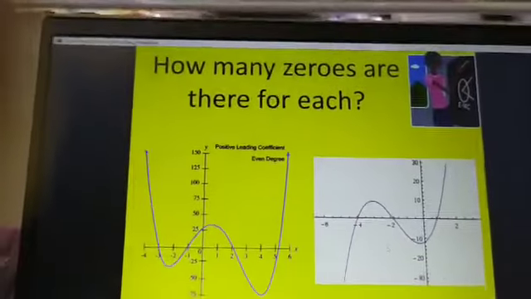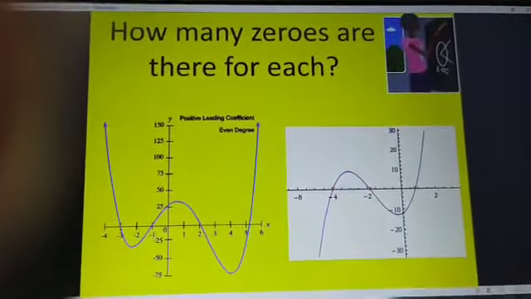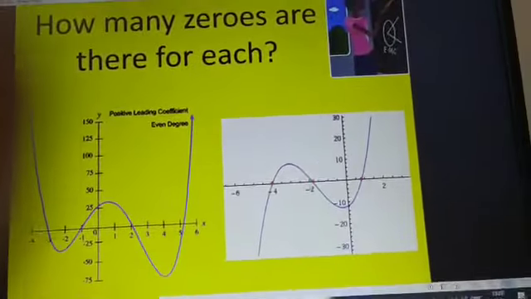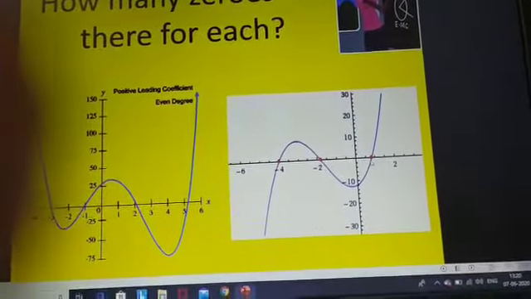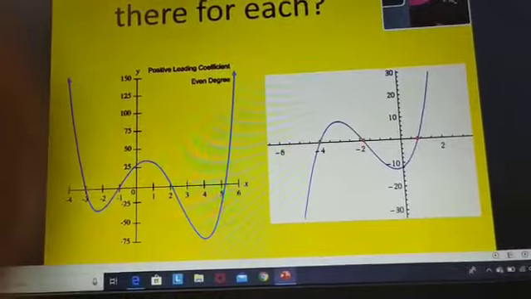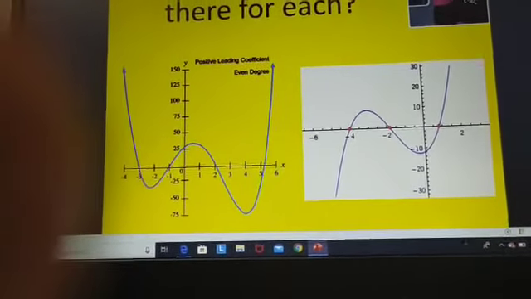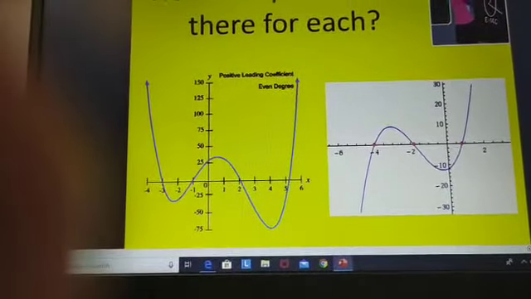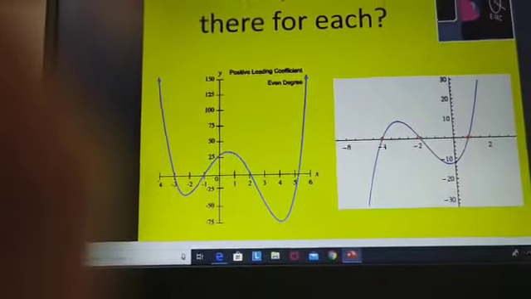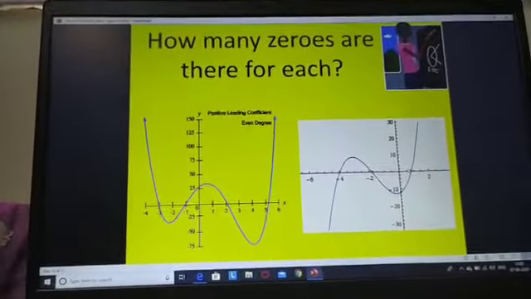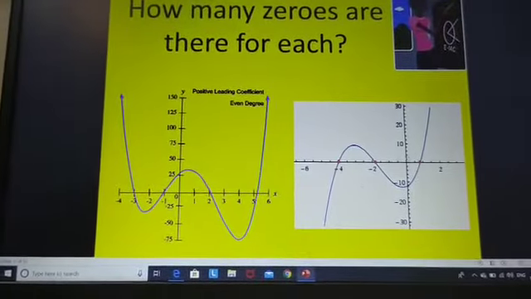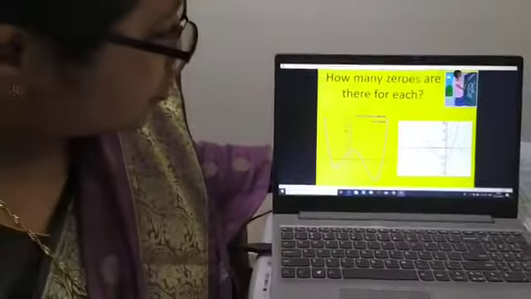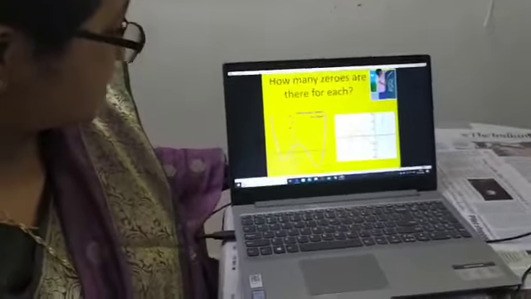Coming to the second graph shown here, we can very clearly see that the graph of this polynomial expression is touching at minus 4, 0, minus 2, 0, and obviously at 1, 0. It is beyond that, it is not exactly 1 point. Okay, so these are the three zeros which have the potential to make the given third degree polynomial expression 0. So there are 3 zeros, which means it is going to be a cubic polynomial expression.